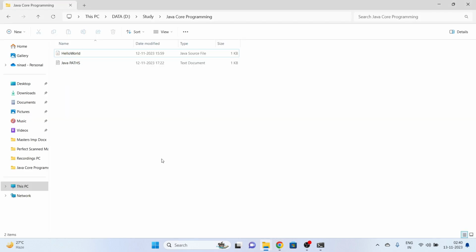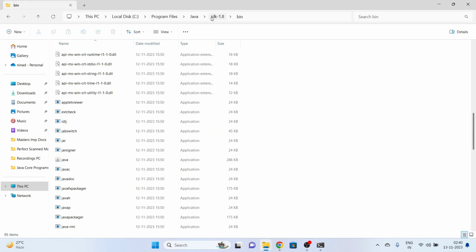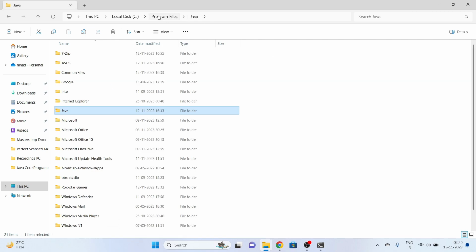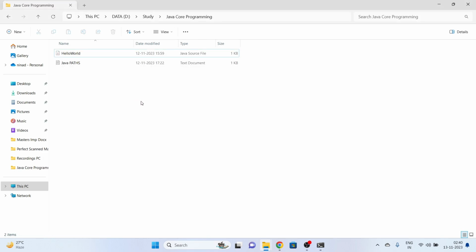So I already installed Java 8 on my machine. It is a simple process, we just need to download it, click on next, and choose the default settings. Once it has been successfully installed, we'll be able to see these two folders in our Java directory inside the program files. On the other hand, I have also created this